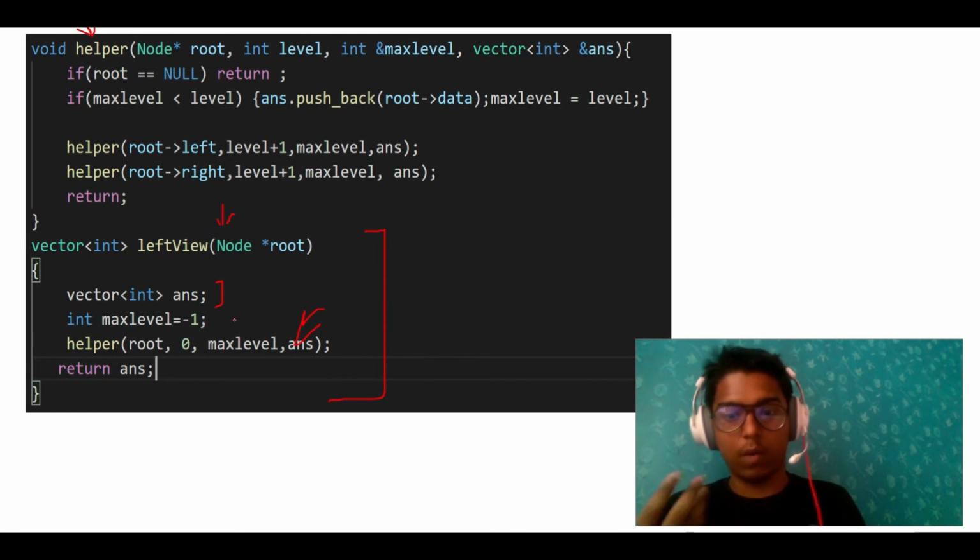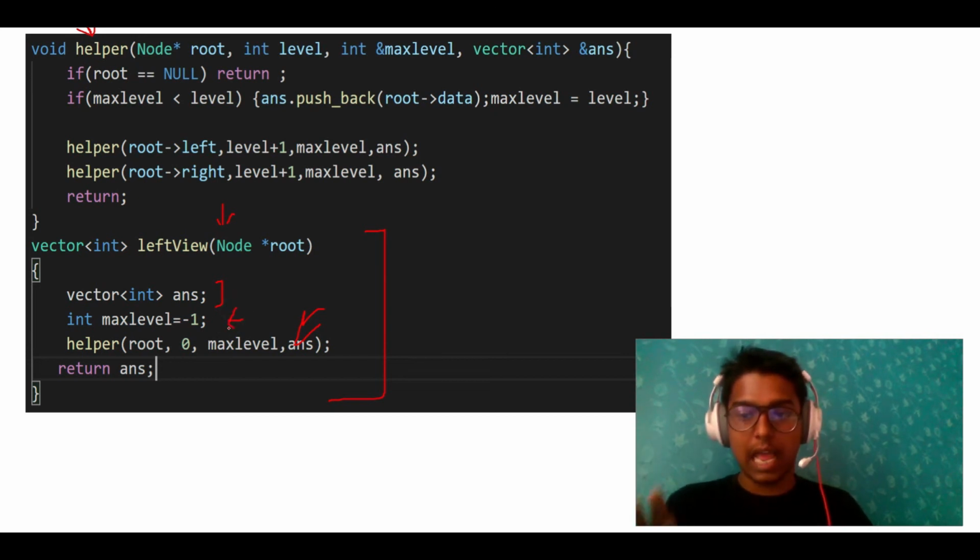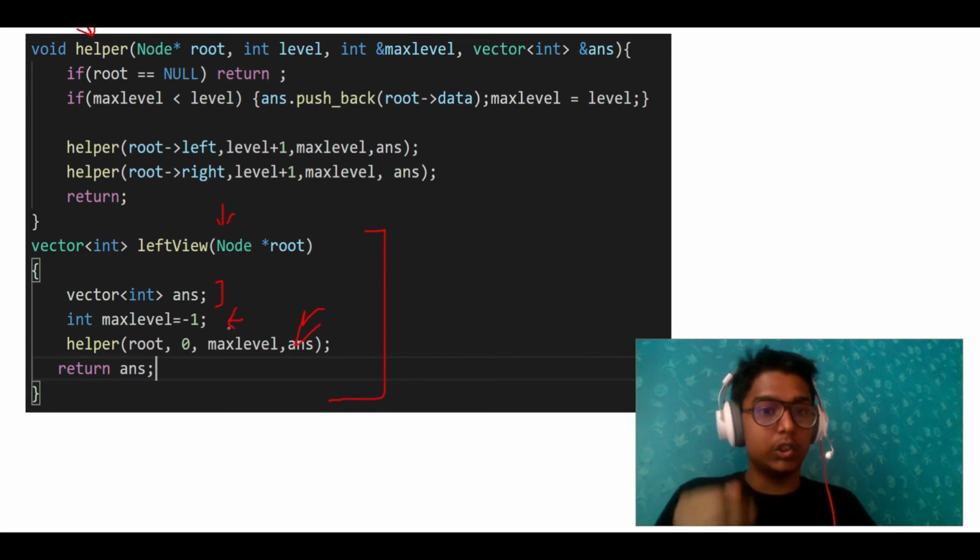Map will take O(n) space. So the max level will tell us how many levels we have covered yet, and if the level that we have encountered is greater than the max level, then we will be inserting the value of this node into our answer vector, right?